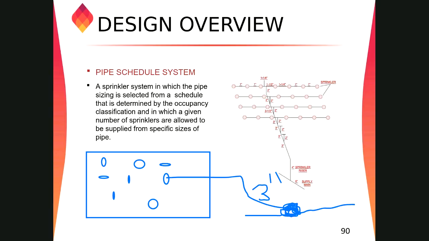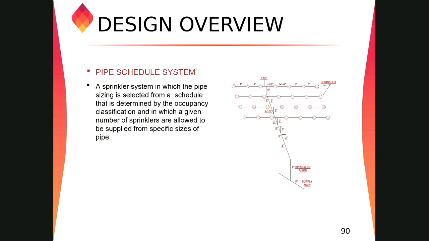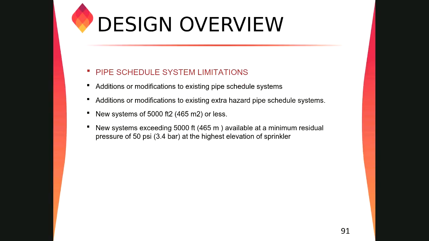So when you are a beginner and you want to do hydraulic calculation in the software, better try this approach. In 1 inch pipe, we can keep only 2 sprinklers, and in 1.5 we can keep 5, and like that. Most of the projects you can see for the sprinkler system like that only. But you have to calculate this in the software, not manually. That is the pipe schedule system.